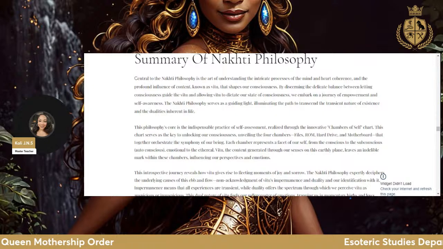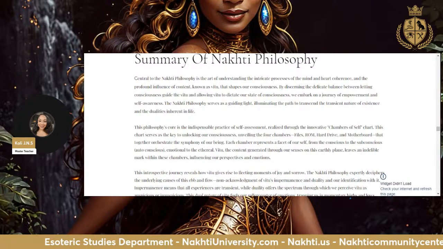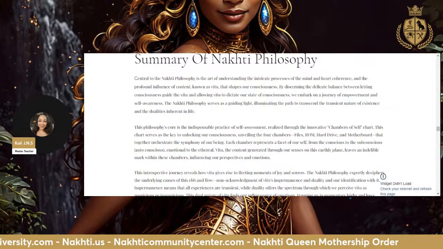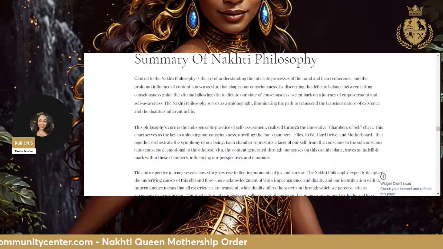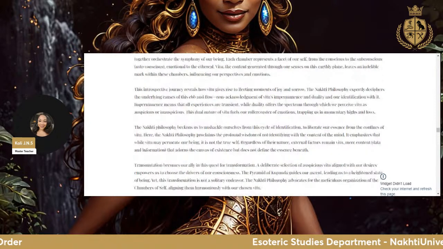Now we're about to come out with Nakti Philosophy 2.0. That's how to program the matrix of whatever dimension you're in, the matrix of everybody's reality, the collective reality. That's how to create an ideal parallel universe. And if you're not ready for Nakti Philosophy 2, you haven't done Nakti Philosophy 1. And so with Nakti Philosophy Part 1, once you fill out that Nakti chambers of self chart,